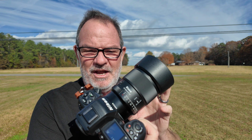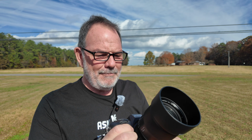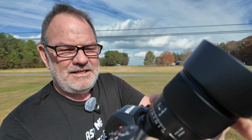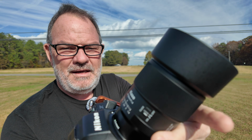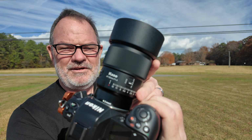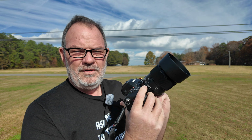It's an 85mm f1.4. It's a 13 bladed aperture, just really, really nice lens. It's got a clicked aperture adjustment, which I think you can declick. Of course, I would like it clicked, and I'm leaving it in A because I like to control aperture with